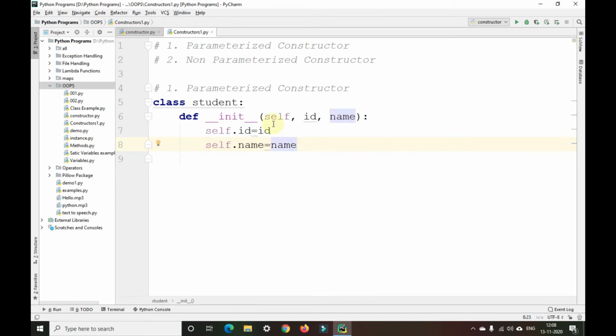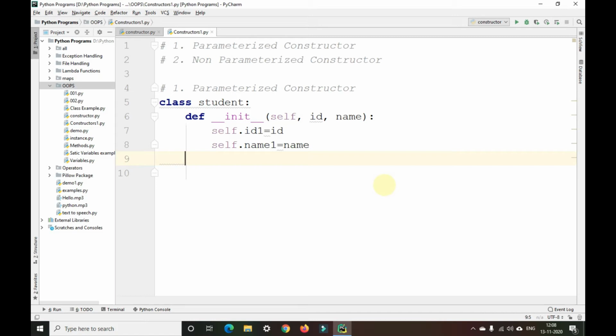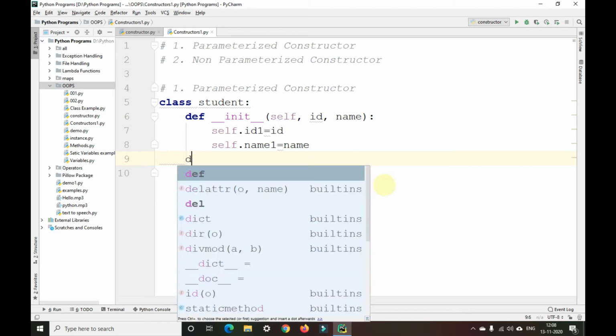So this can change guys, id1 or name1. They need not be same every time. They need not be same as the parameters. After that, I'll also define an instance method here.